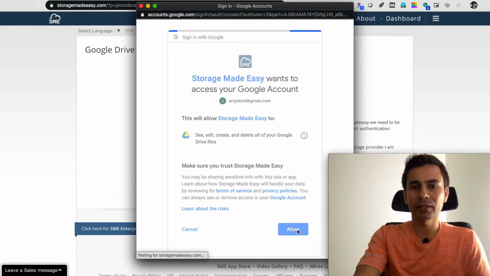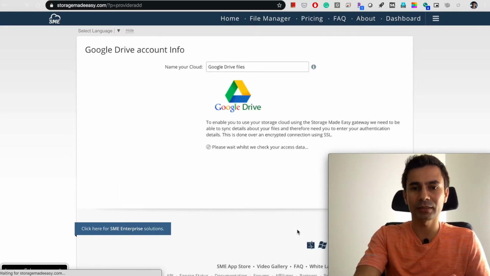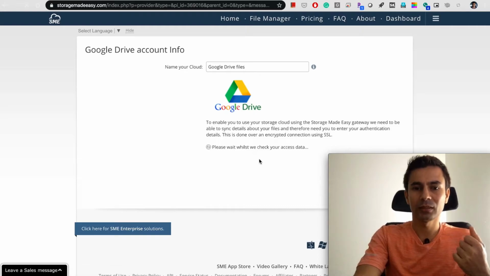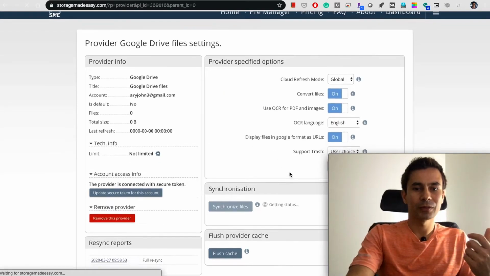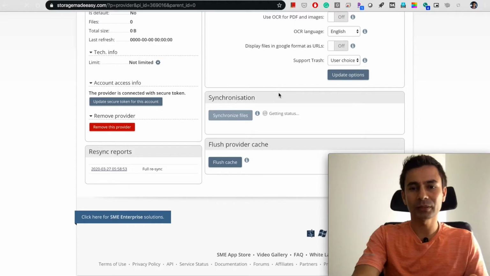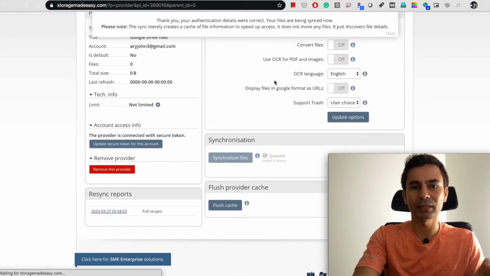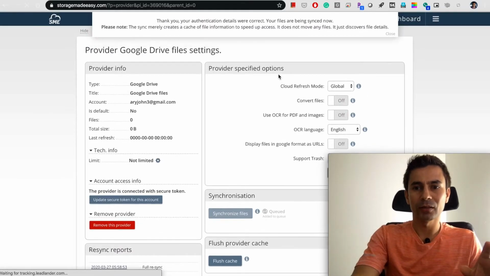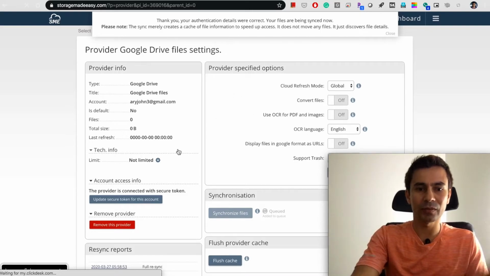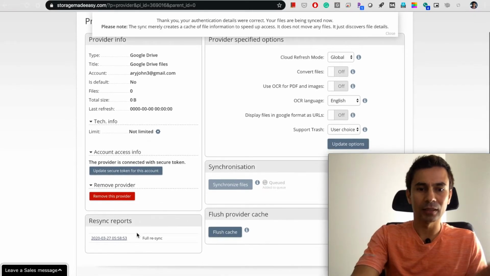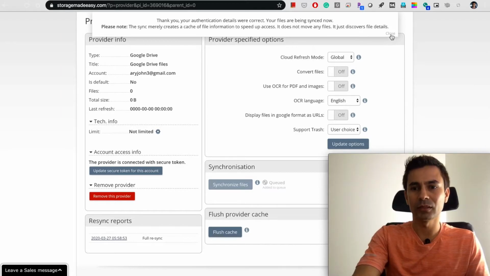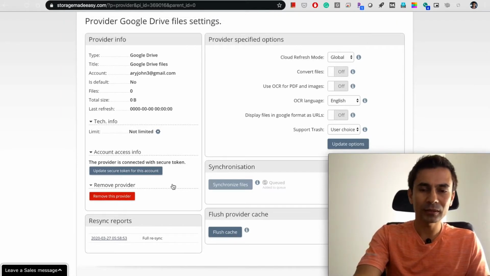Now I provided the access and everything. Now it should pop up there, and please wait. There you go, and it opens up the connection setting property page. Over here, if you see, this is for the specific Google Drive account, and this delete option is only